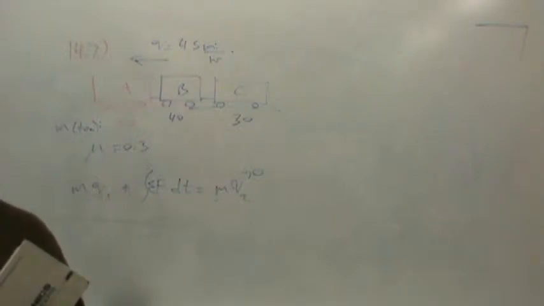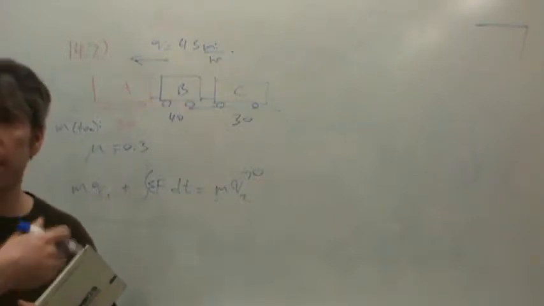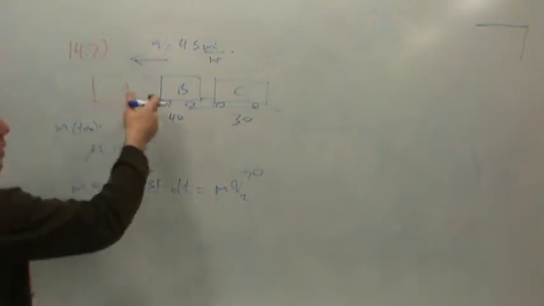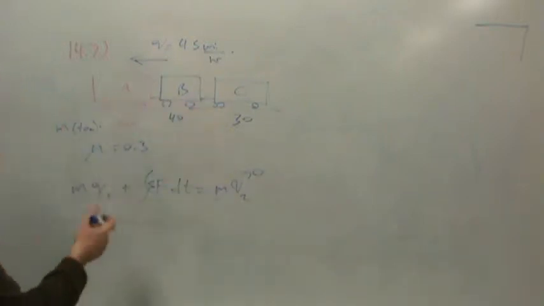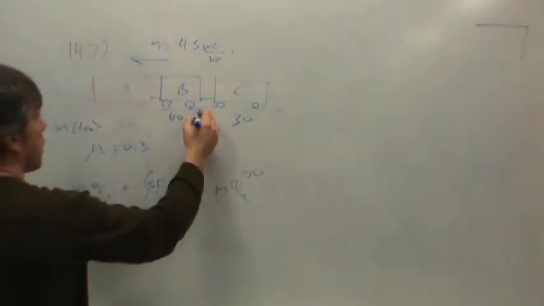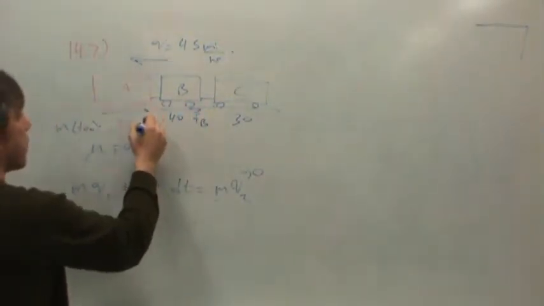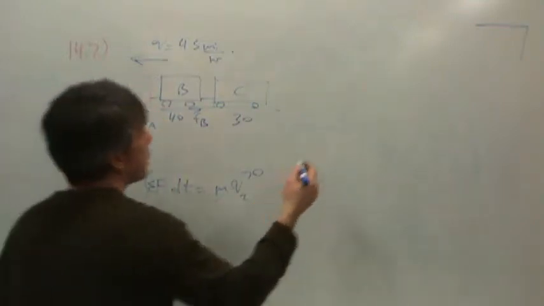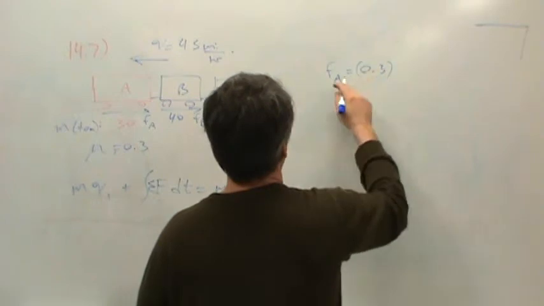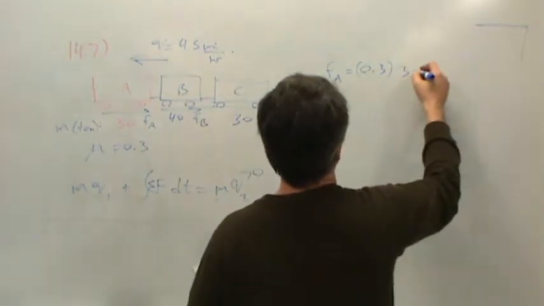No, A is coupled to B and C, so that force acts to slow down A, B, and C, just like the frictional force from B acts to slow down A, B, and C as well. So let's go off to the side and calculate the frictional force on B and the frictional force on A. That's pretty easy. The frictional force on A is just 30% of the weight of A, which is 30